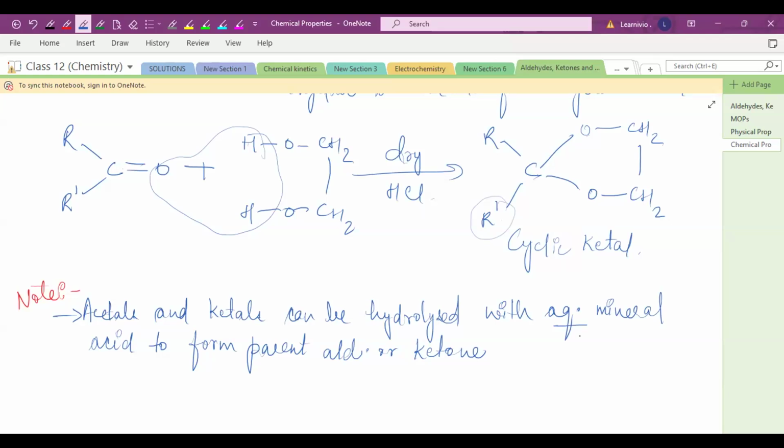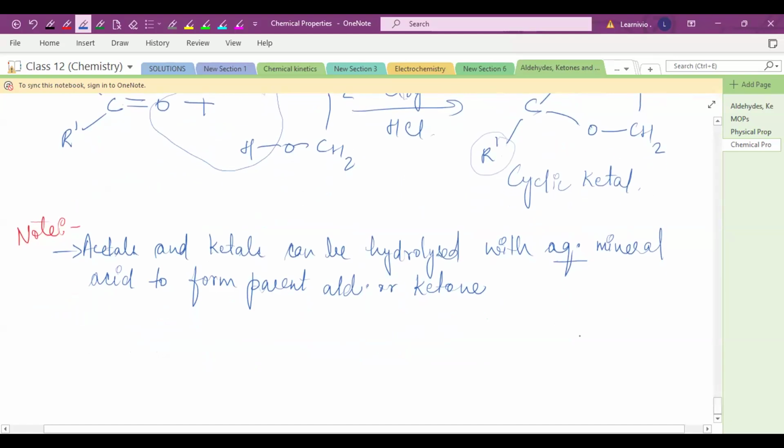But mineral acids are strong acids. Inorganic acids, just like HCl, nitric acid, sulfuric acid, phosphoric acid, boric acid, etc. These are known as mineral acids, and these are strong acids. So in the presence of a strong aqueous mineral acid, basically dilute HCl or dilute H2SO4, the ketals and acetals